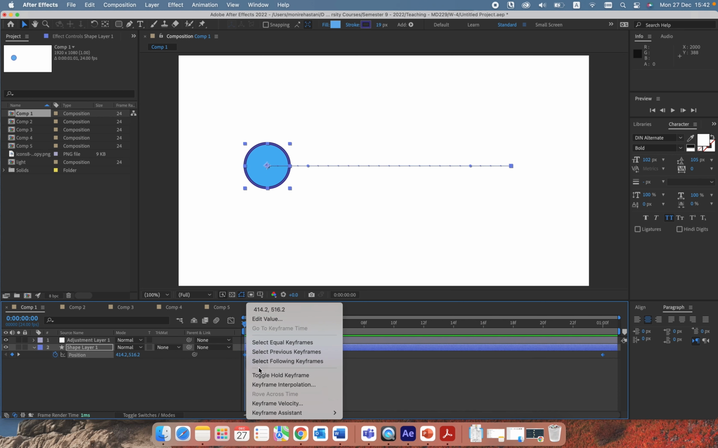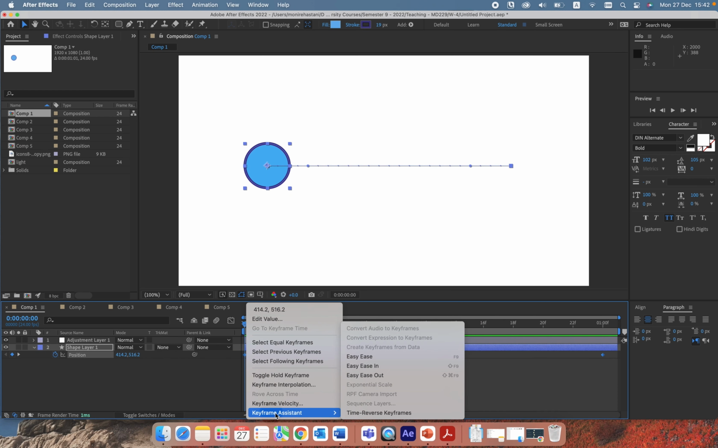Right-click, go to Keyframe Assistant, and then you have these 3 types of ease. There are shortcuts also included. As soon as you choose Easy Ease, your keyframe shape changes, and also this little dot position in your motion